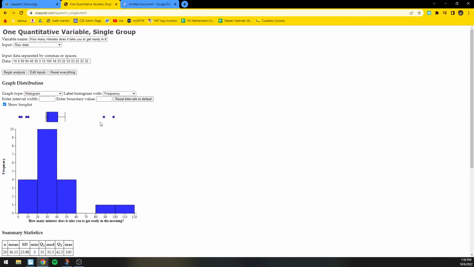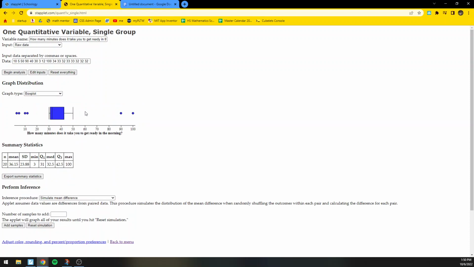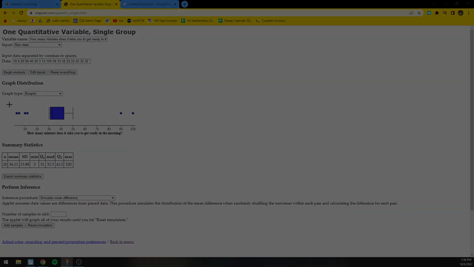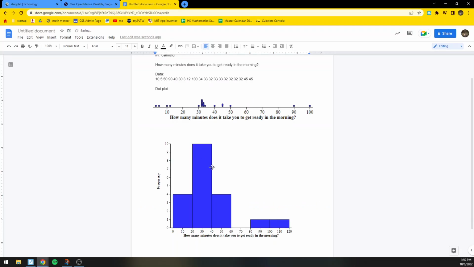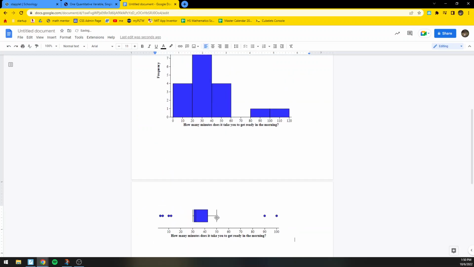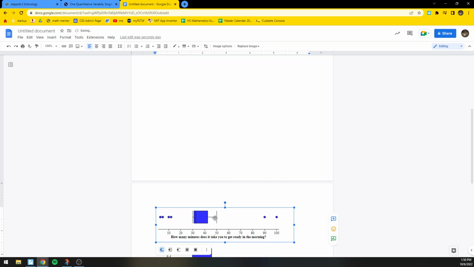So don't click show box plot here. It puts it up there, but box plot. Okay, so my box plot has some weirdness to it that we didn't talk about together, and that is it's got these dots on it. Those dots are kind of like outliers. A majority of the data is,